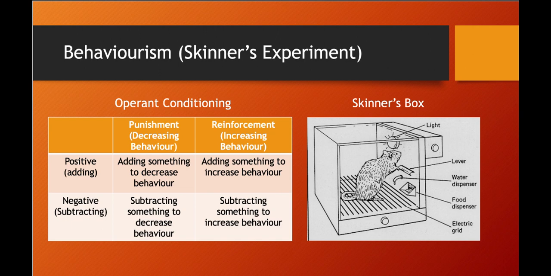Negative punishment is when you remove something to decrease a behavior. Let's say, for example, a student who fails an exam. When his parents find out, they change the password of the Wi-Fi as a negative punishment. That is meant to decrease a behavior, which is failing the exam. Notice here, punishment is all about decreasing unwanted behaviors.